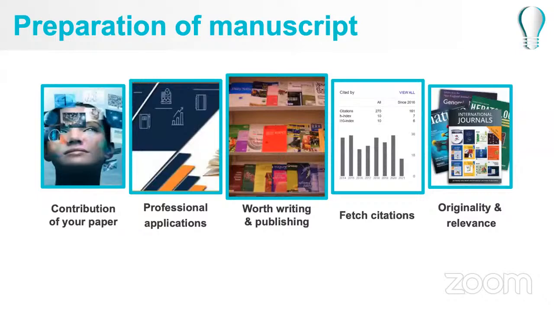It's not exactly a matter of fetching citations, but still I feel that the UGC is going to tell us to publish articles in UGC-CARE listed journals. For example, after 5 years UGC may tell you that if you receive a minimum of 10 citations for your research article, then you will be considered for higher promotions. So in future this may happen, and you have to be mentally prepared for that.